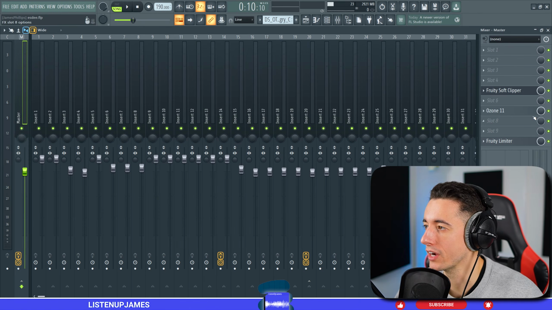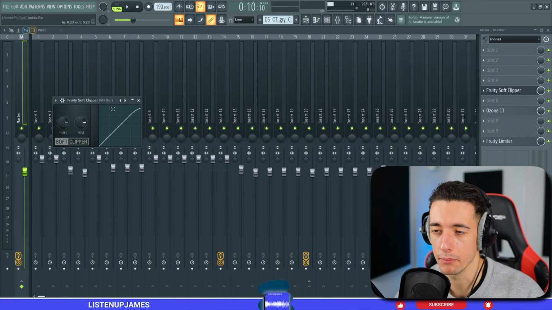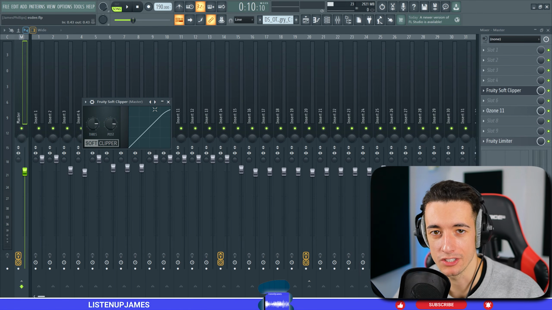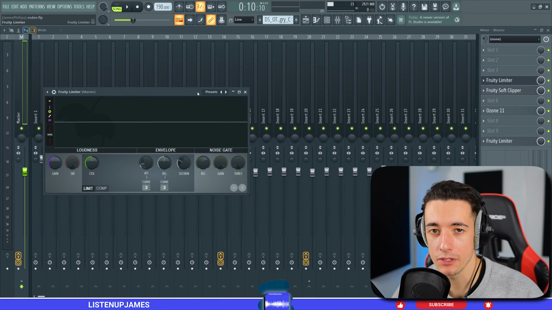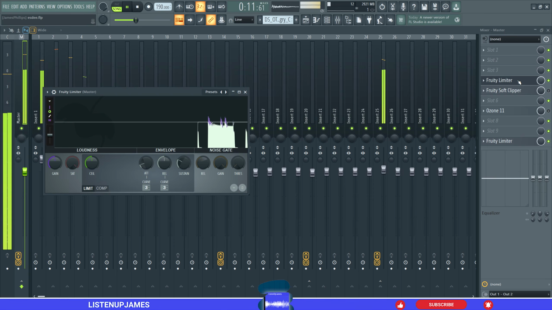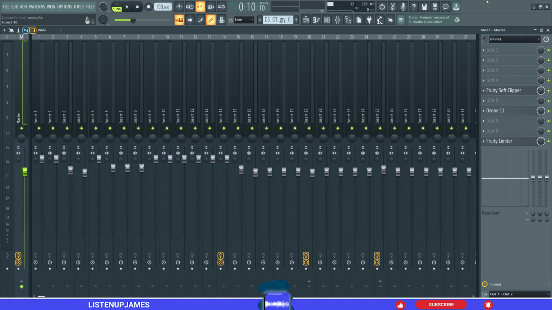If we then go to the master track, it's so important to add a soft clipper. Without this, the beat wouldn't sound distorted at all. It would just sound hard clipped. Here's what it would sound like if it was hard clipped instead of soft clipped. And when it's soft clipped,